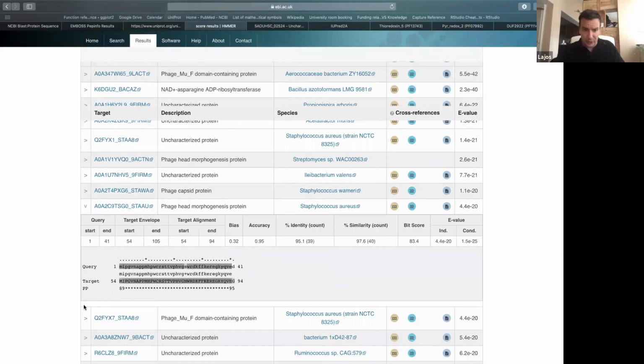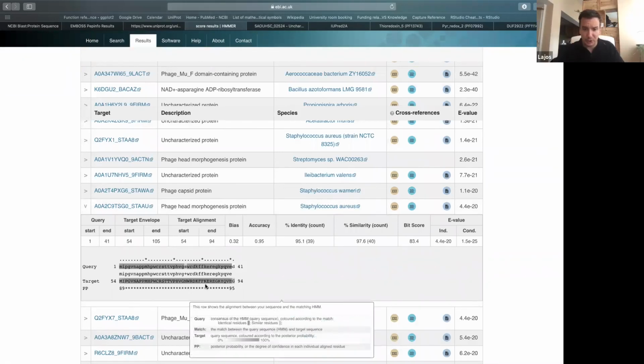There is also a known protein like this, but it's much shorter than yours. So maybe there is a probability that this protein can be truncated somewhere. So maybe it's also worth trying to make another search with a truncated version of this one. I think this is the same protein, but only the beginning, the first 100 amino acids. Maybe you will see this much more